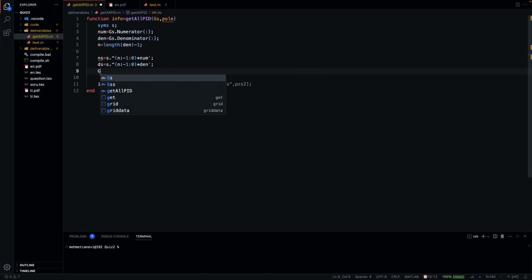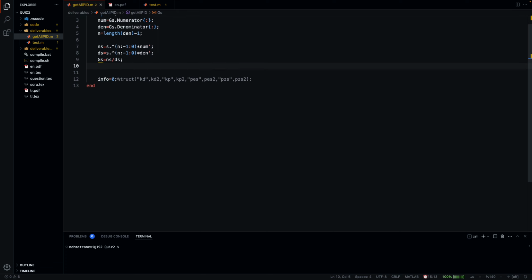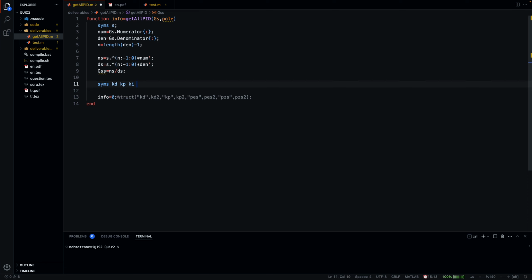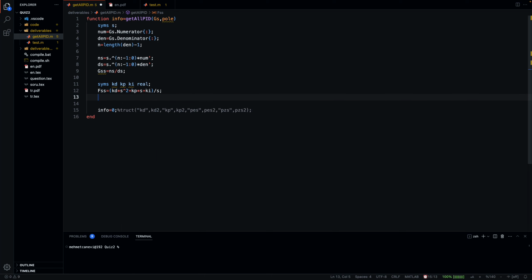And it's a neat way of creating the symbolic expression here. And we will see that this will become handy one more time during this session. So this is basically going to be my plant. Now what I need is KD, KP, KI. So my controller is going to be KD times s squared plus KP times s plus KI, divided by s. Due to the unity feedback structure, we will have the closed loop, which looks like